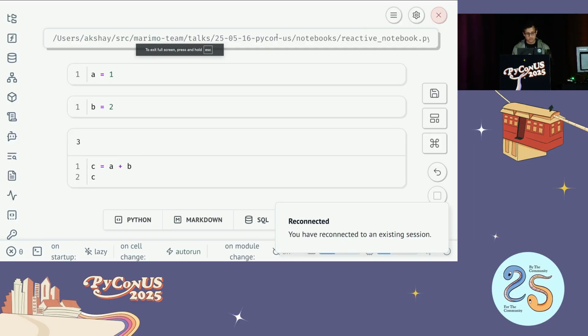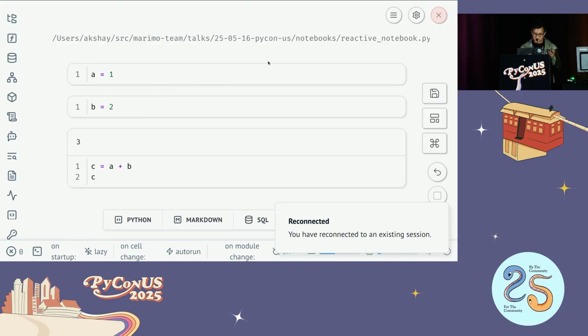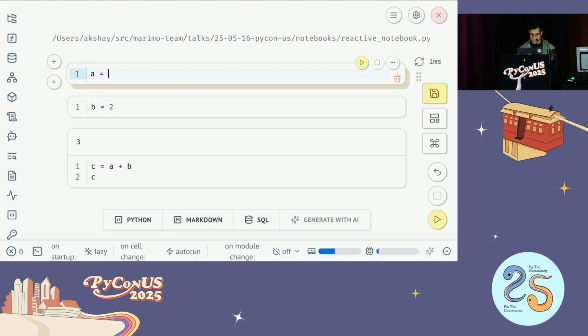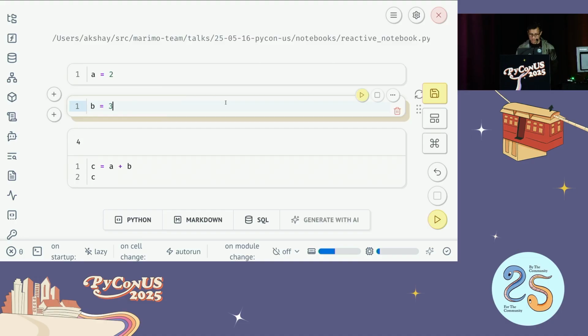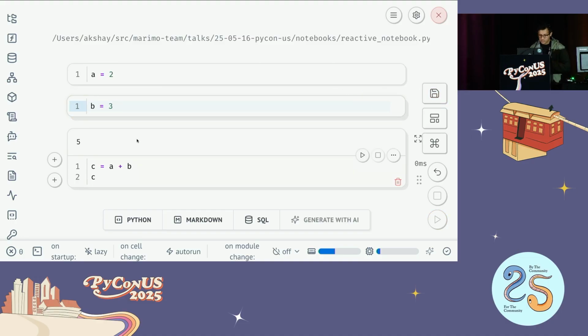Okay. So here's a Marimo notebook with just 3 cells. In the first one, A is assigned to 1, next B equals 2, and the third one prints the sum A plus B. So if I change the value of A, make it 2, and run this cell, you'll see that the output of C updated automatically. Similarly, if I change this value here, B equals 3, and I have 2 plus 3 equals 5 below. And this is what I mean by reactive. It reacts to my